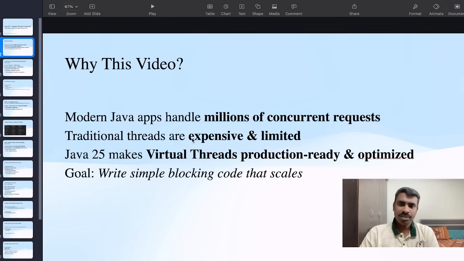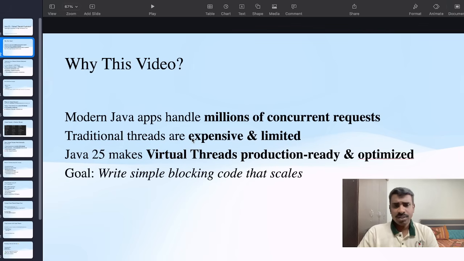They are expensive because they directly use OS threads, and depending on your machine's capacity, the number of threads is limited. That is the main problem with traditional threads.